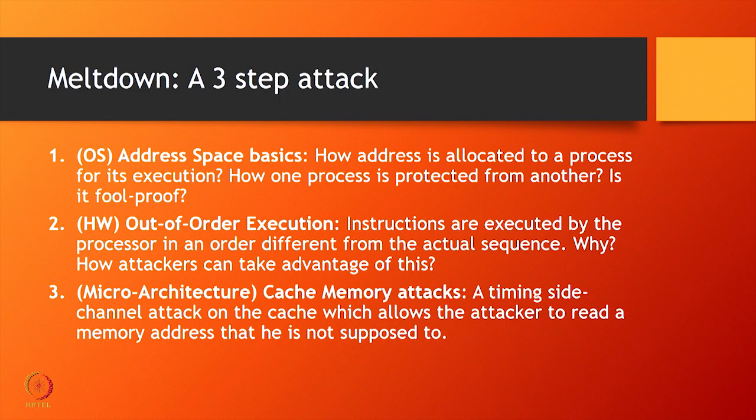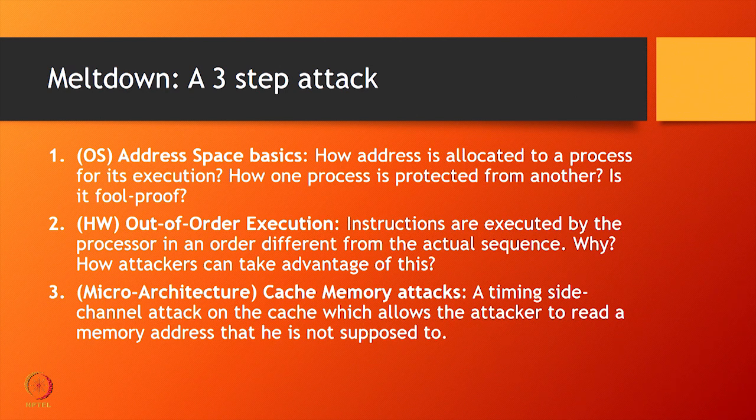Now, out of order execution is done to improve the cycles per instruction. Basically, it is done to improve timing performance. So, this optimization essentially has caused the vulnerability. If this optimization did not exist, probably this vulnerability may not have existed. So, there is a hardware aspect, and what we need to understand is what out of order execution is. Of course, we will give you a couple of slides to rewind that. We have done it in the IS2 course also.